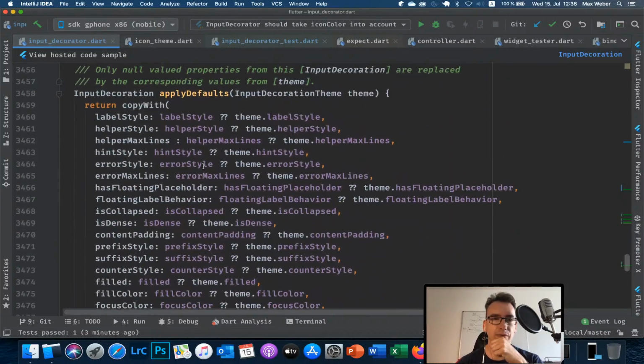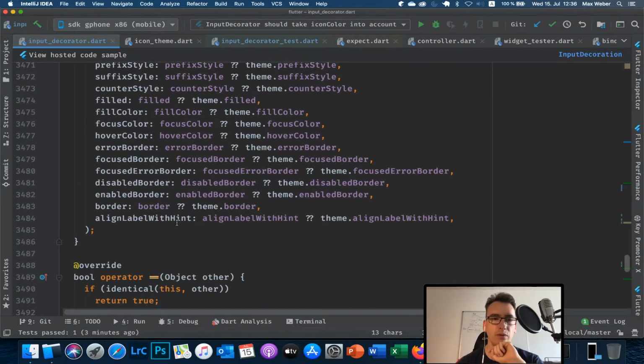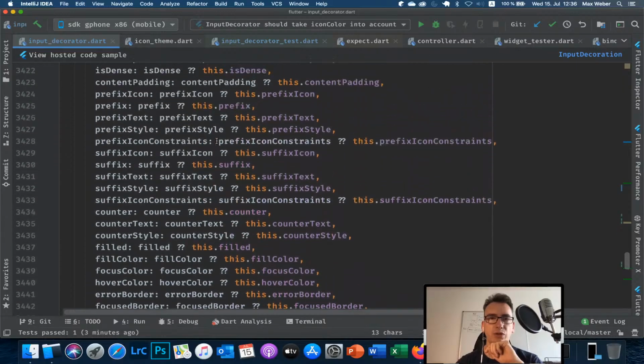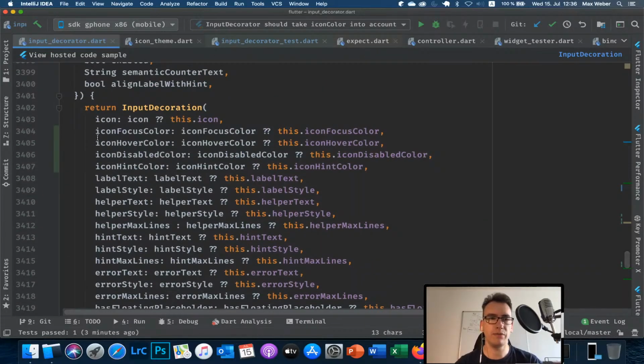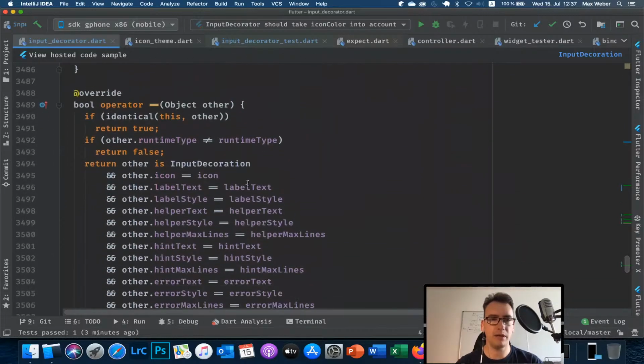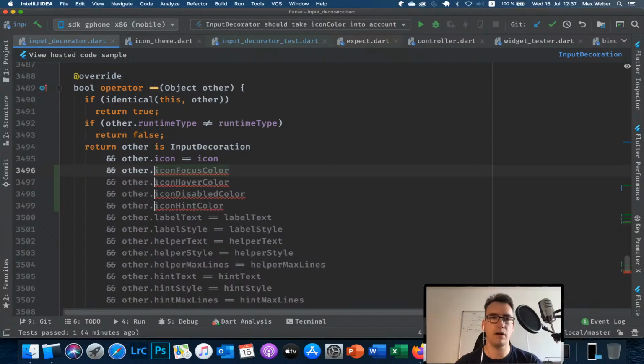So let's have a look if I'm missing something. Apply defaults, I think we don't need that, right? Because that is anyway the case. The override with the identical, I think that we should do. That everything is in place. So I take these 4 colors, just these 2, and bring them into here. Up. And now we add end, having this part, other dot this equals to icon,